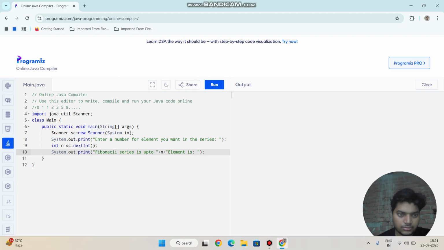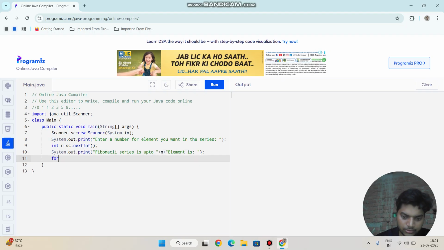Okay, for int i equals 0, i is less than n, and i plus plus.